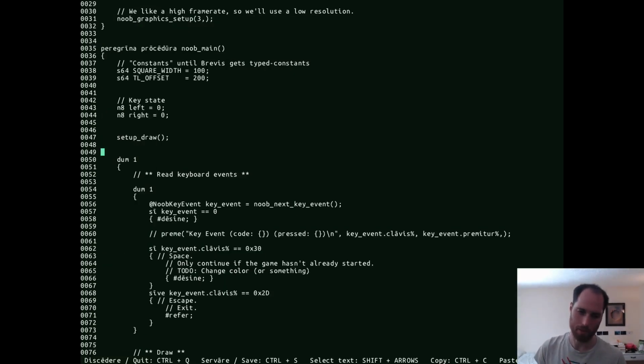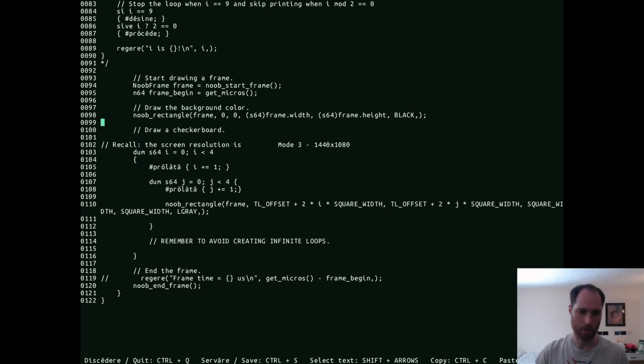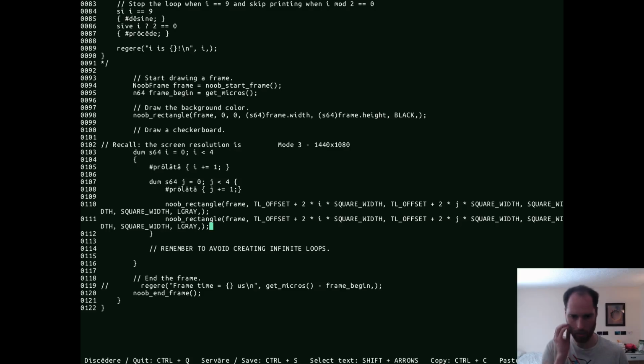Actually, yeah. So we can just use the same loop. We draw this once, like this. We then draw it again, but now we want to change this to 2 times i plus 1 square width. Likewise, this is just 2 times j plus 1. Okay. That will give us all of the light gray squares, and then we want to draw the